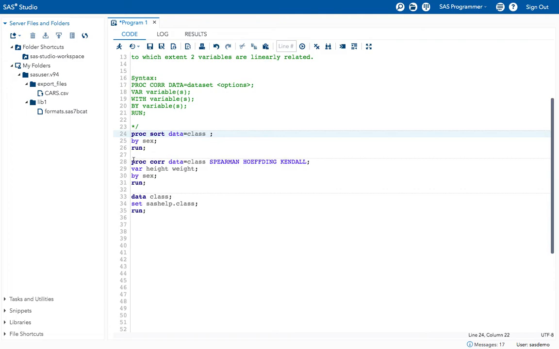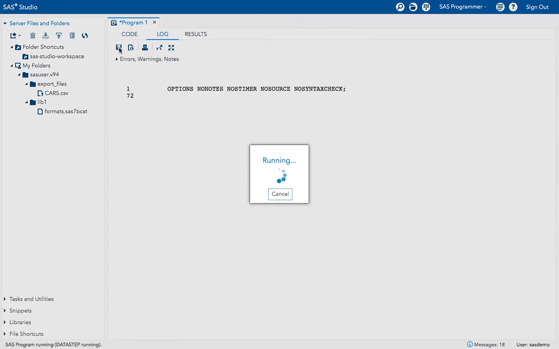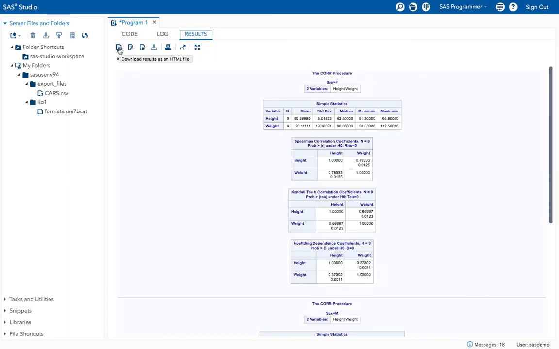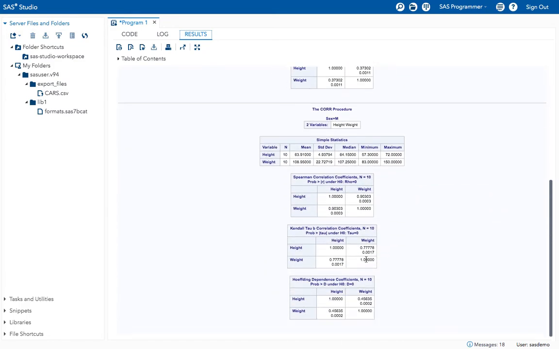Okay, now execute the program. See, now here I am taking off this by sex, or you can give by sex also. See, now I got Spearman correlation, Kendall correlation and Hoeffding's, but I didn't get the Pearson.